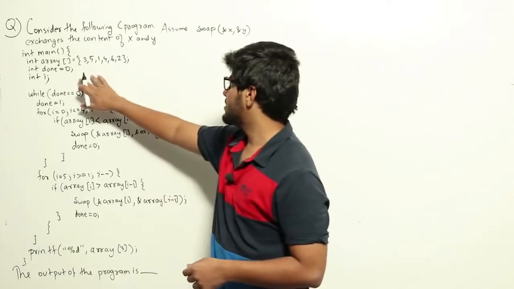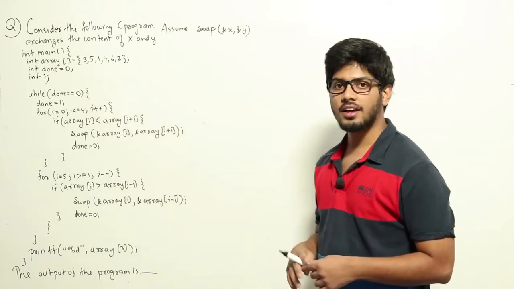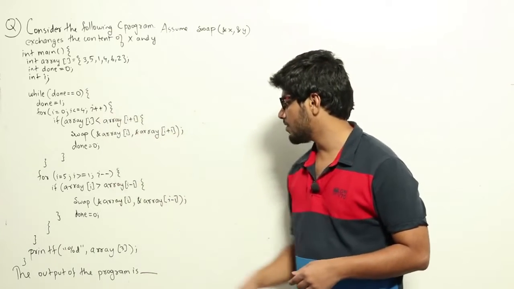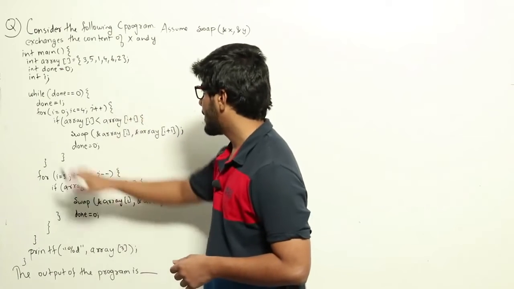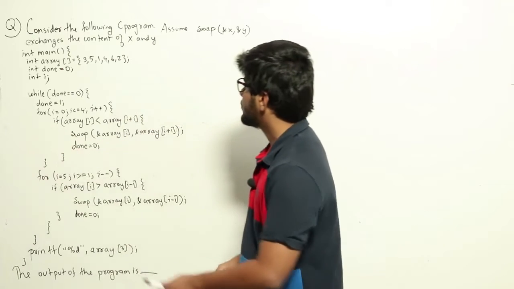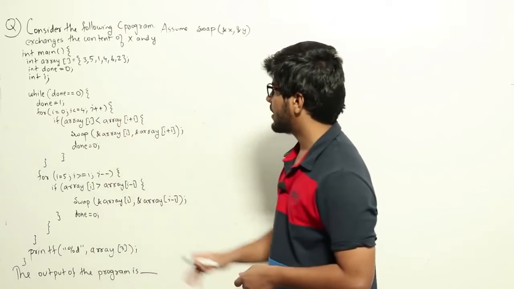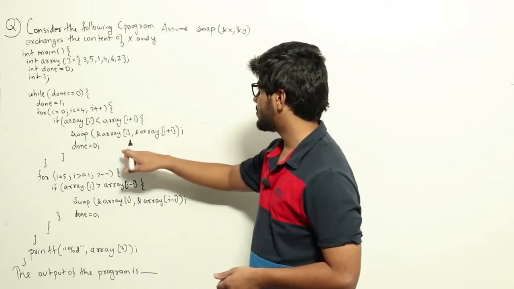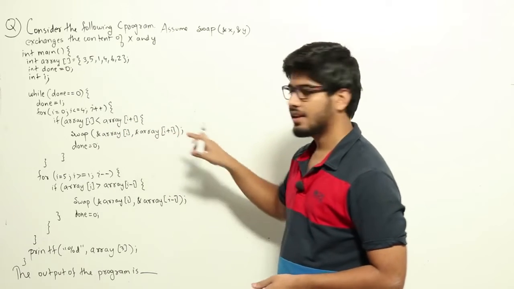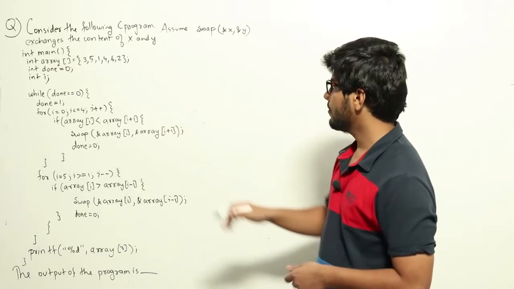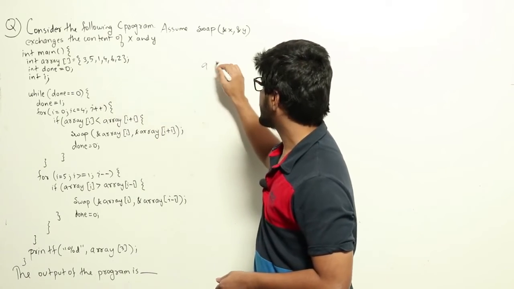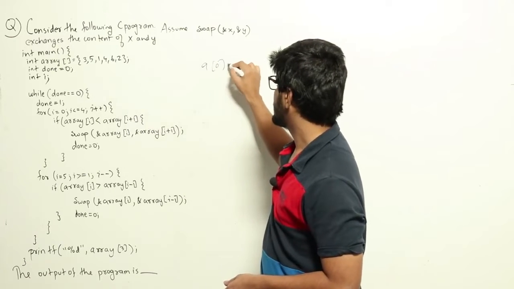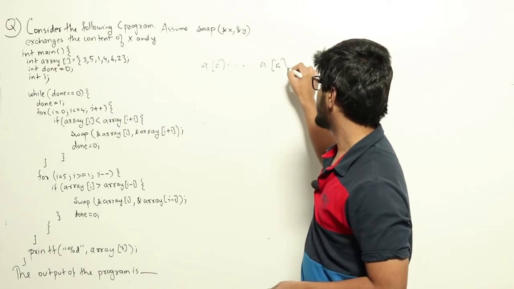We are assigning this array and we are running the while loop on this array, and they want to find out at the end what the value of array of 3 would be. So let's look at this while loop. The first for loop is for I equal to 0 to 4, I plus plus. If array of I less than array of I plus 1, swap array of I and array of I plus 1. So this array has 6 elements, so it ranges from array of 0 up to array of 5,